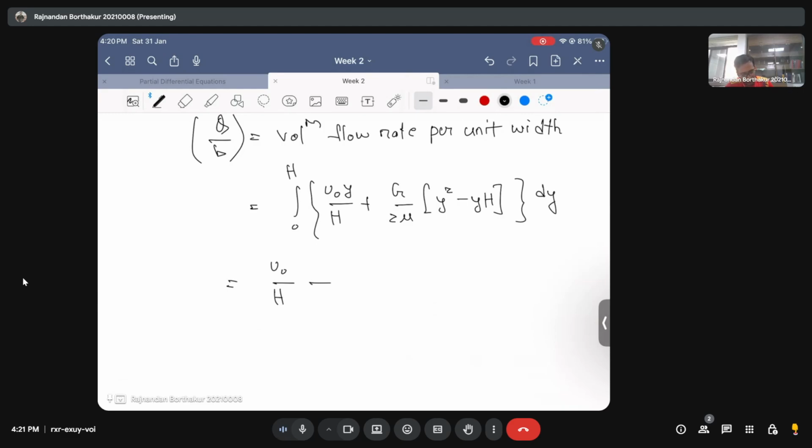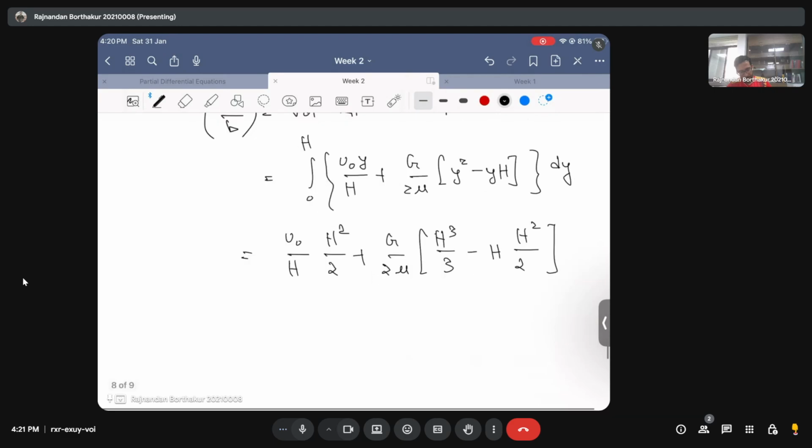Okay, so integral y dy is y squared by 2, so then this becomes h squared by 2. Then I have g by 2 mu times y squared dy, which is y cubed by 3, so this will become h cubed by 3. Minus h times y dy is going to be y squared by 2, so this becomes y squared by 2. All right, so this integral done then becomes u naught times h by 2 plus